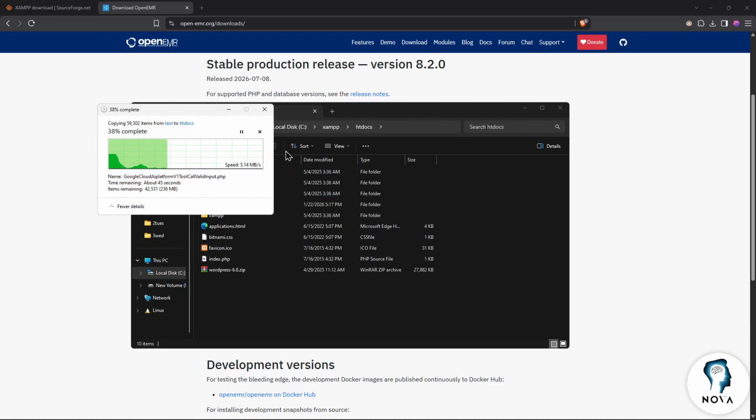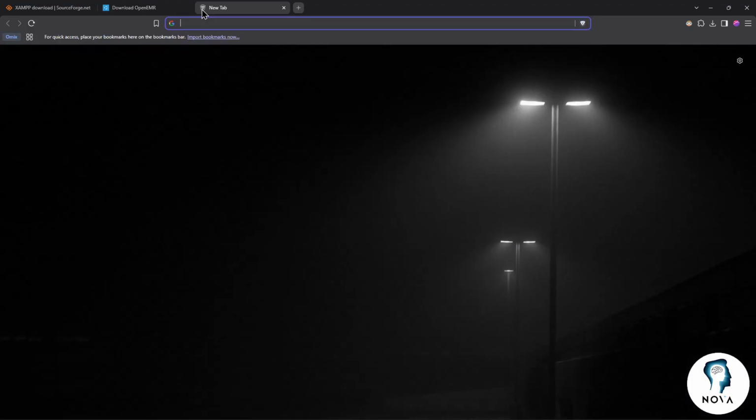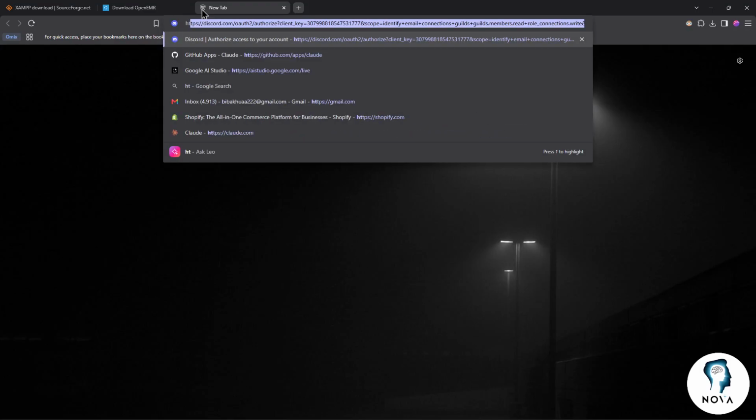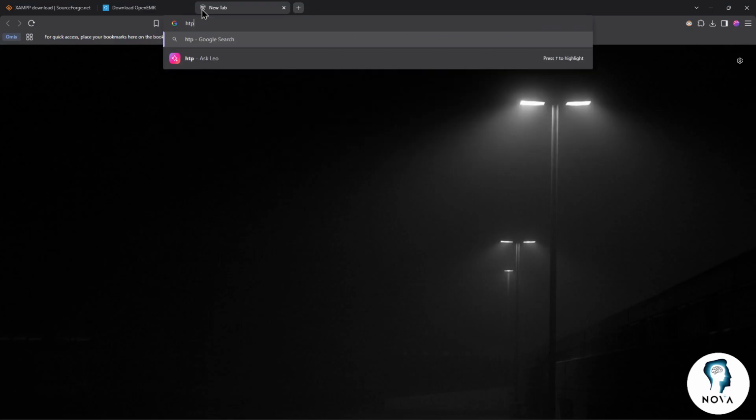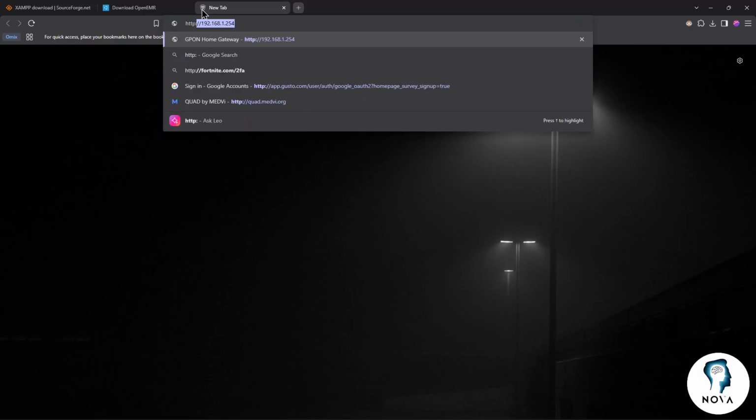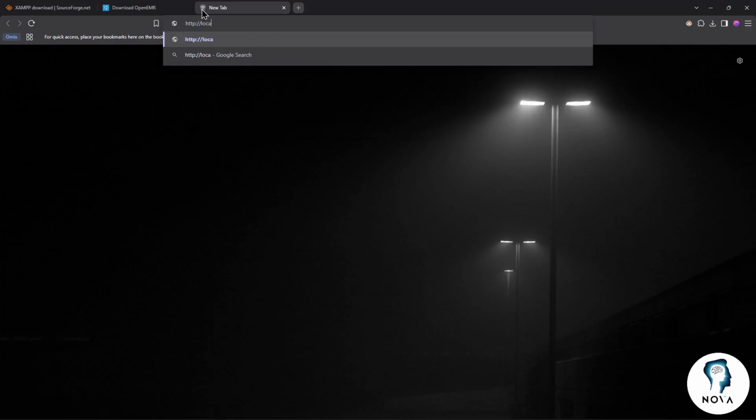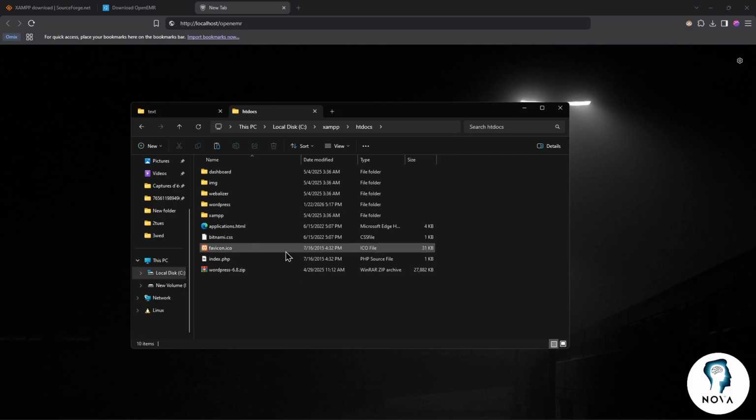Once you finish copying it there, we'll have to launch the installation wizard. In order to do that, we'll need to open a new tab in your browser and type http, colon, then two slashes, and here you'll have to type localhost, then slash and type OpenEMR. Keep in mind that if you have a different name for your folder, it should be the same